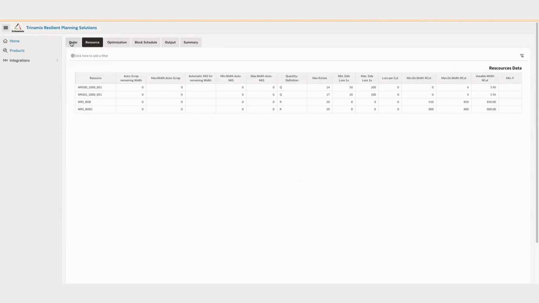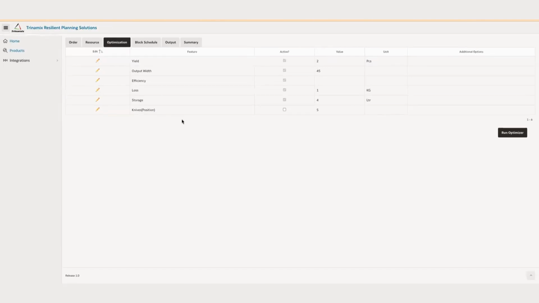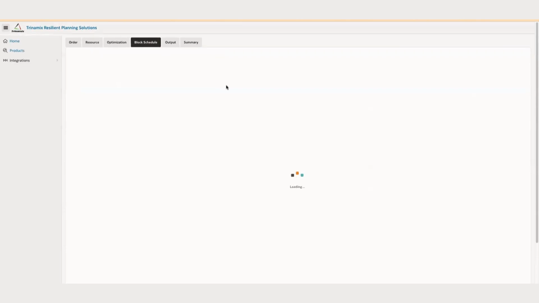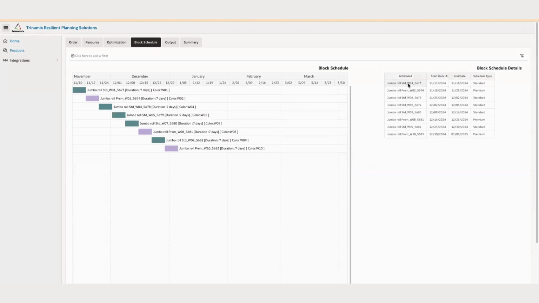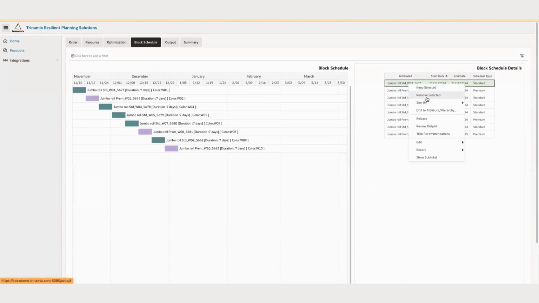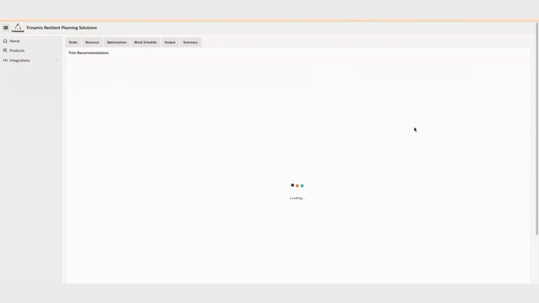So given the demand, the incoming supply and the resources available to us, there are certain optimization parameters that we can set on the maximum number of knife changeover positions that we can have, and the maximum loss that we would like to have. Based on that, the system calculates a penalty score. We can run the optimizer to look at the output, or alternatively, from one of the block schedule incoming supplies, which is for a jumbo reel, we can drill down